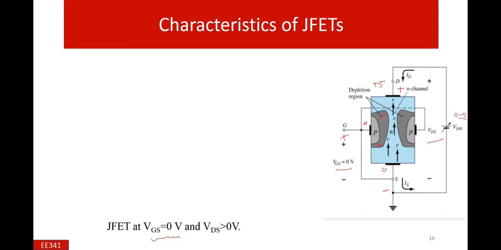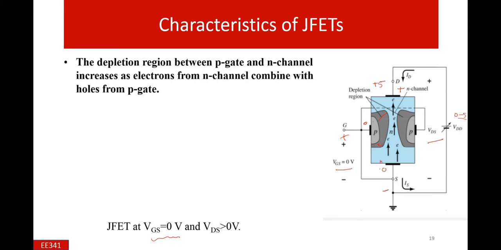So 0 is connected with this n type material and 0 is connected with this p type material, and the depletion region is thinner as compared to the upper portion where the depletion region is wider, thicker. So this thicker portion will resist the flow of the carriers, maybe a conventional current, maybe in type of electrons flowing from source to drain. So this is the very important concept.